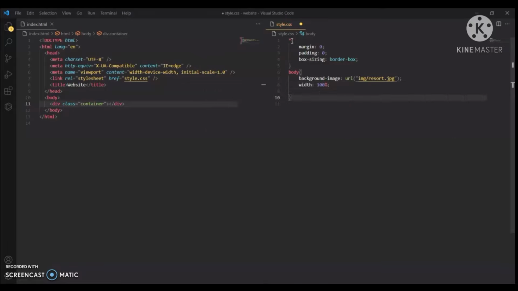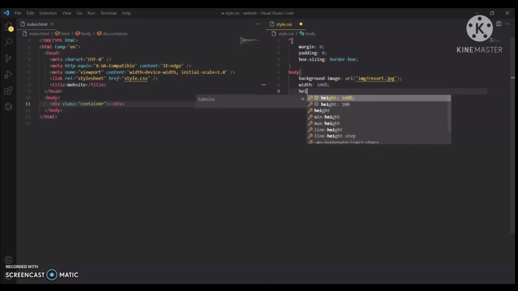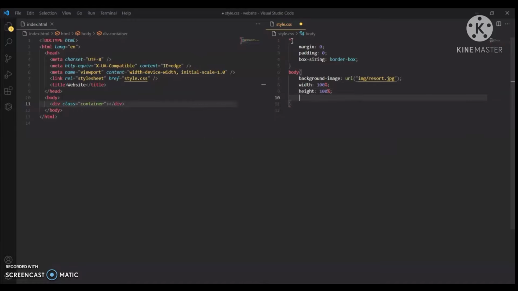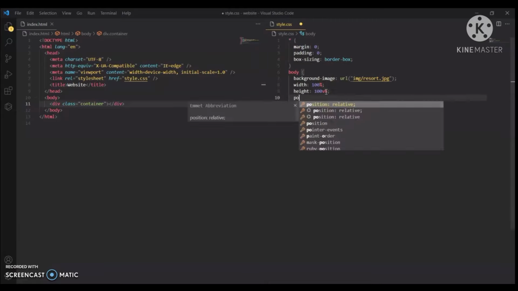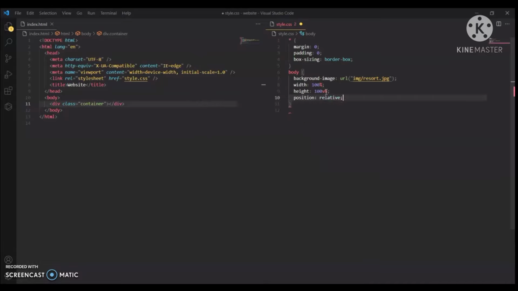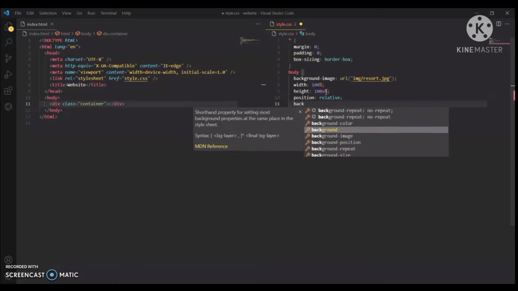Now let's give width and height 100% and VH respectively so that the image will cover the entire window. After giving width 100 and height 100 VH, the image will cover the entire window, but it will repeat itself multiple times.